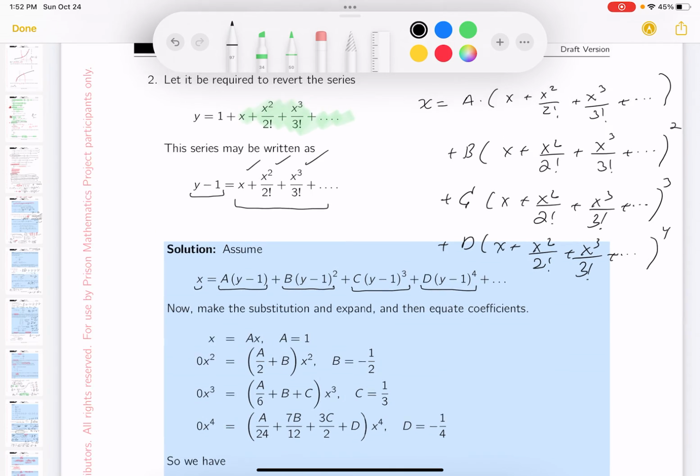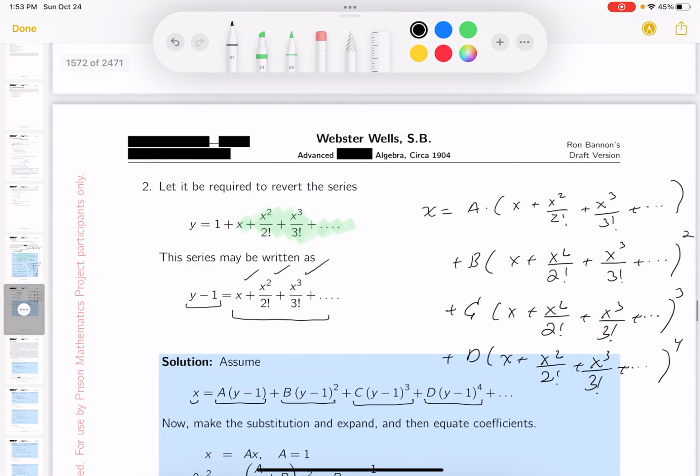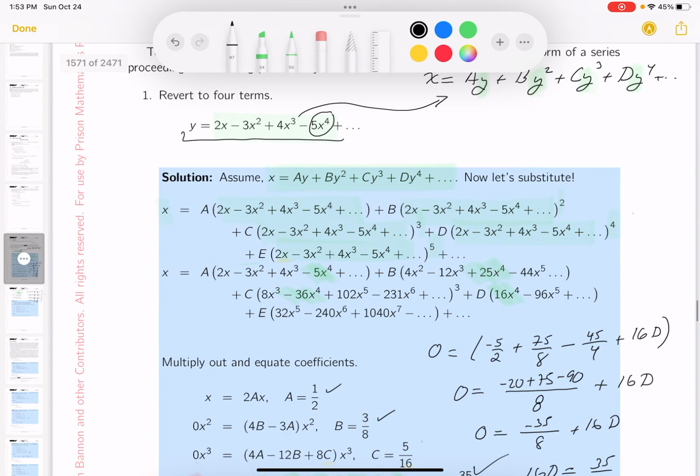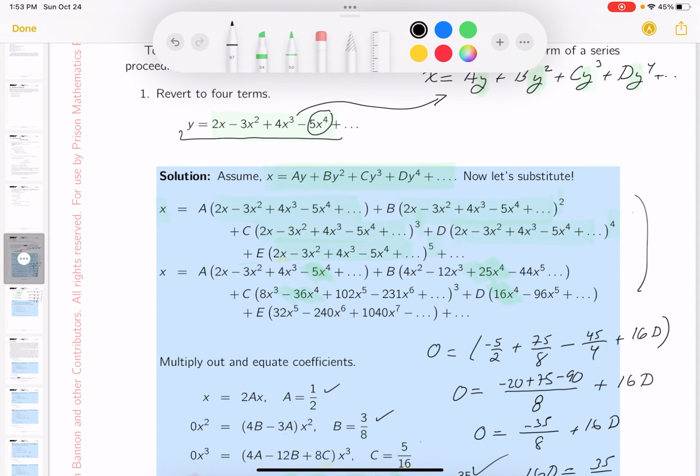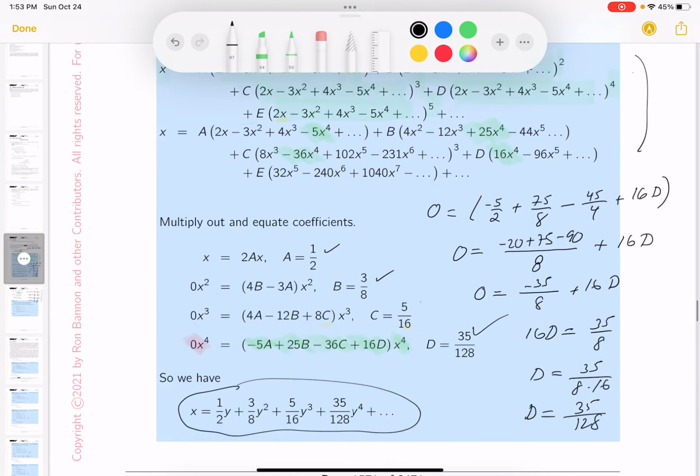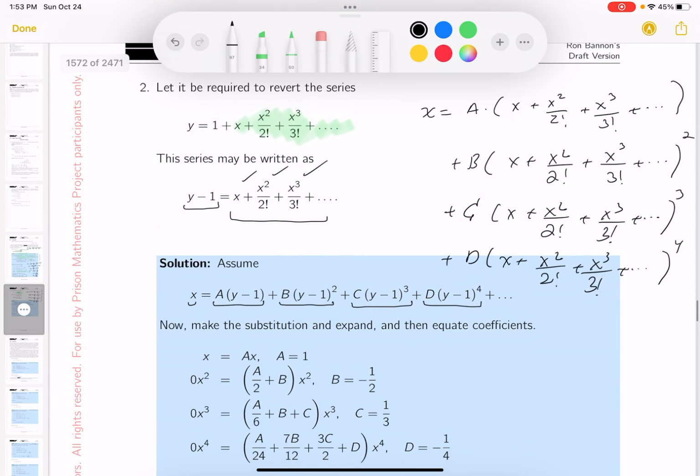But the problem is this, though. It's the expansion. And I know in the prior problem, I tend to write a lot of stuff down for you. And again, you might say, oh, this is all chicken scratch too. It's necessary, though. It needs to be written down. So I'm going to say if you do that,